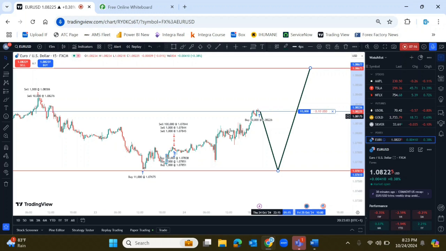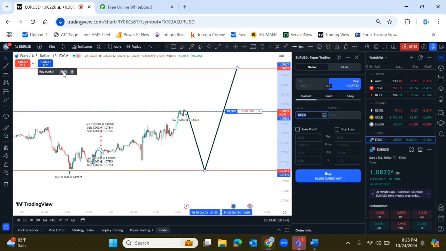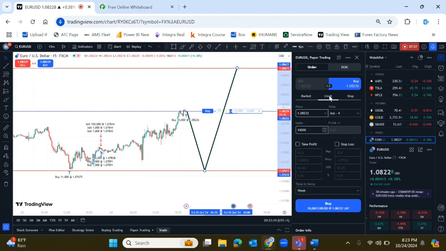So now let me demonstrate that in a real market chart. Okay, now you will just come to your buy, and then select a limit order. I will just click here. Once I click here, I will come and put the price at which I want to put my buy limit. So look at the price here. I'm expecting it to come here. So look at the price on the right side, which is 1.07611. So now I will just come and put the price at